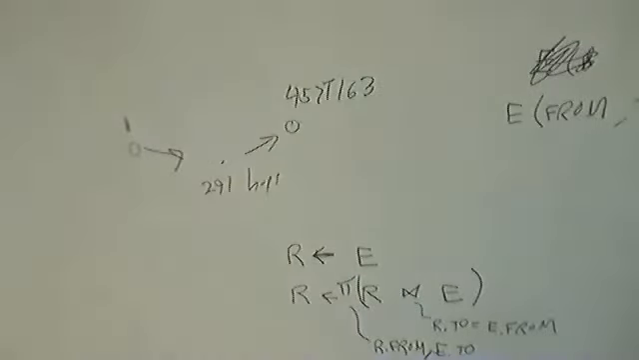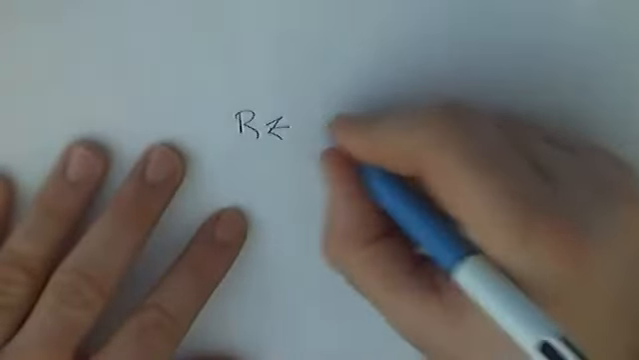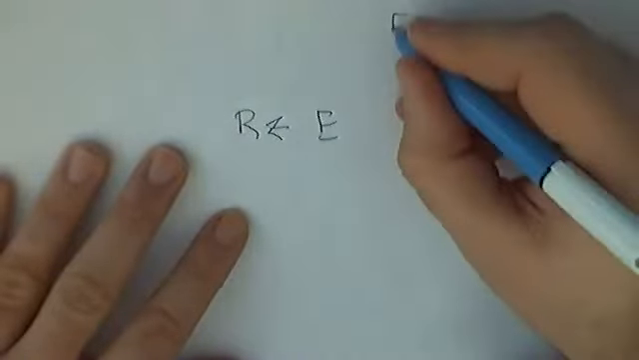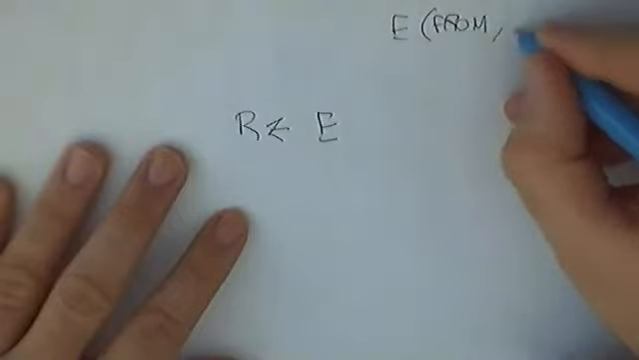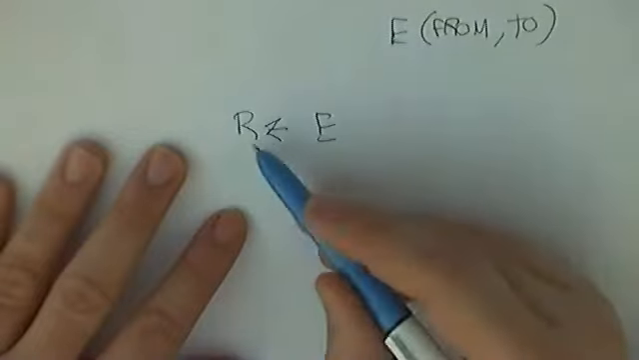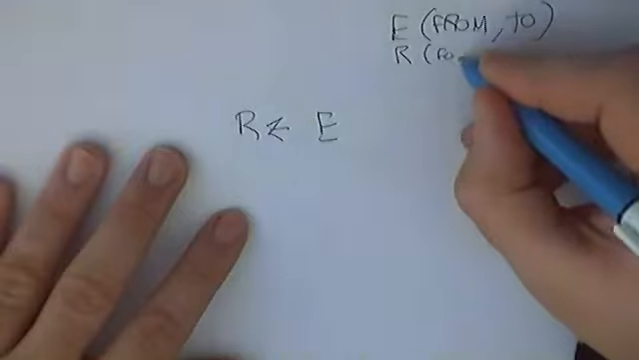I'll rewrite this to make this cleaner. Okay, so let me just rewrite this again. Okay, so R just gets a copy of E. All right, E goes into R. Remember, E is from, to. And since it's getting copied in here, then R is also from, to. So the signature of R is also